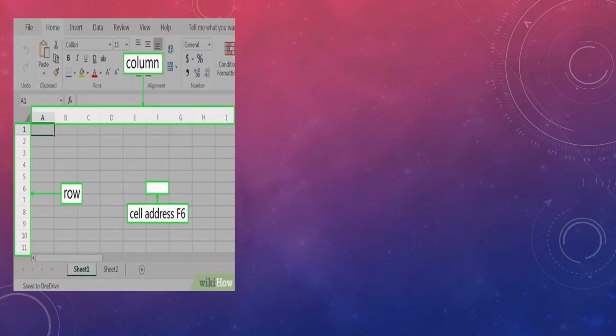Children, you can see here the columns are written and they are addressed by alphabets A, B, C, D, and so on. And rows are addressed by 1, 2, 3, 4, and so on.